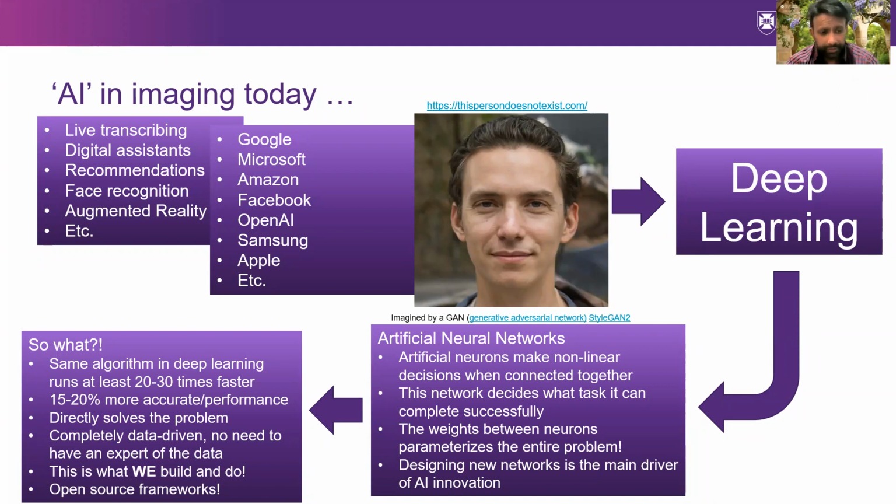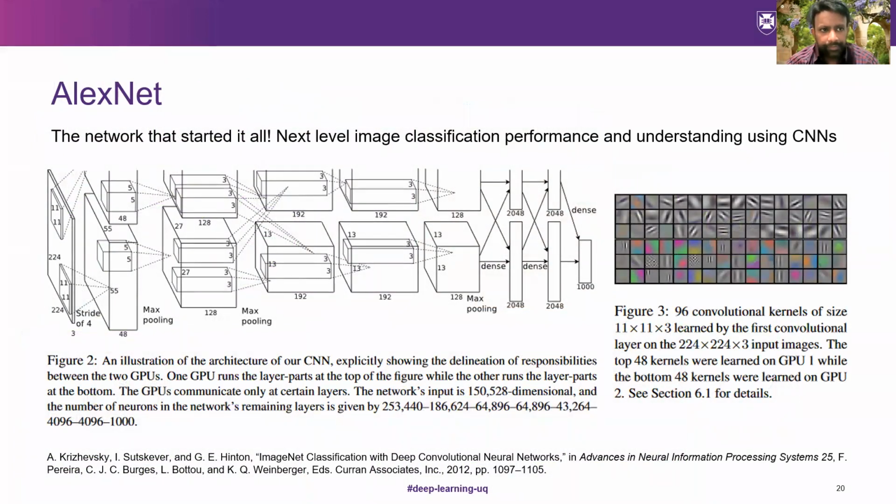We've seen it directly solve the problem, and we use open source frameworks. Here are those GPUs that come in again to help out. So the biggest breakthrough we had was in 2012. There's a challenge that runs to classify images. So is it a car? Is it a dog? Is it a cat? It's called the CIFAR-10 and the CIFAR-100 data set, and basically, it has either 10 categories or 100 categories. How successful can your algorithm classify